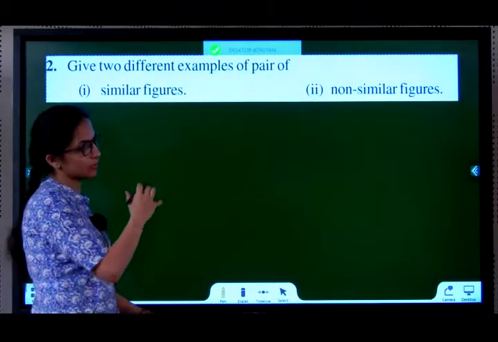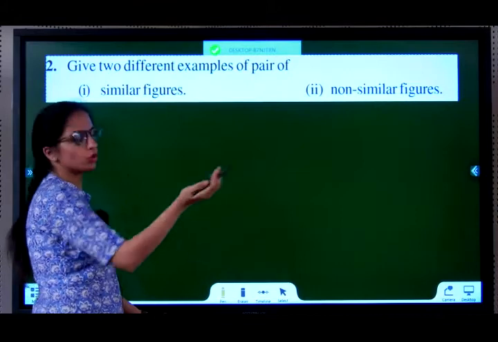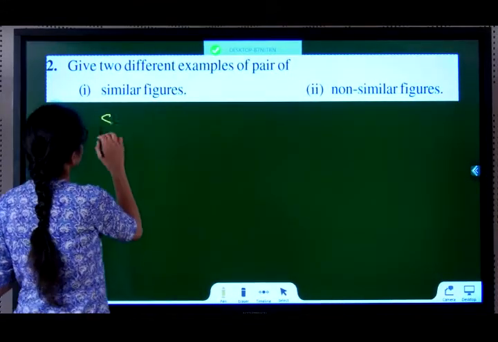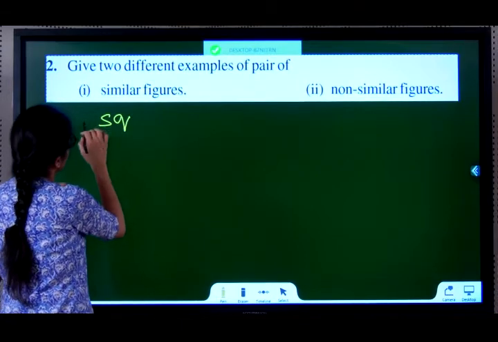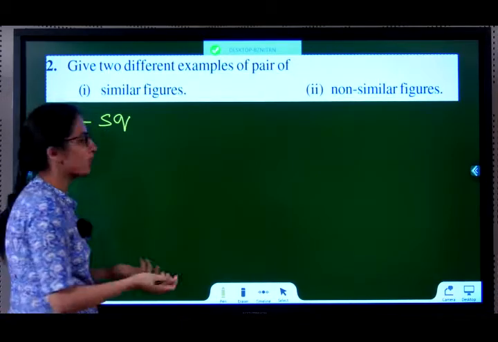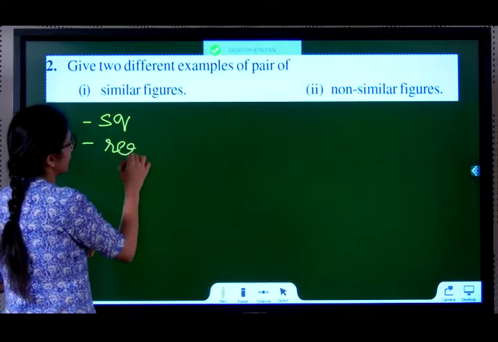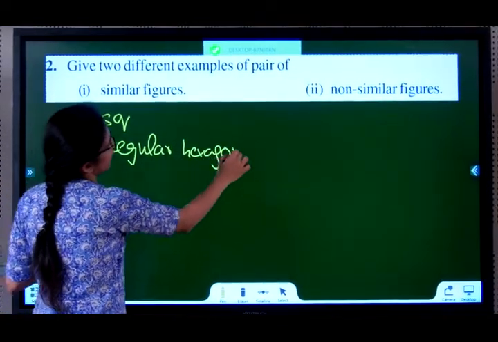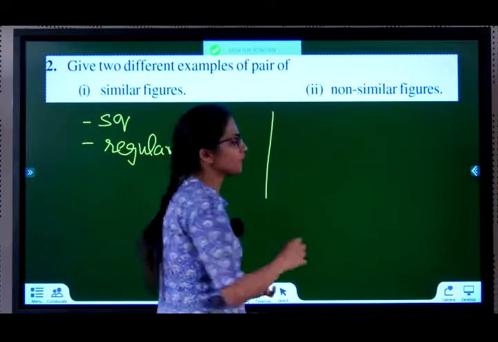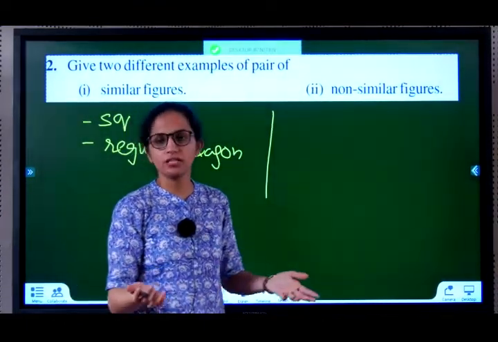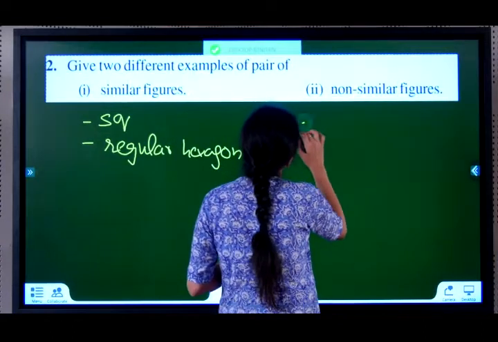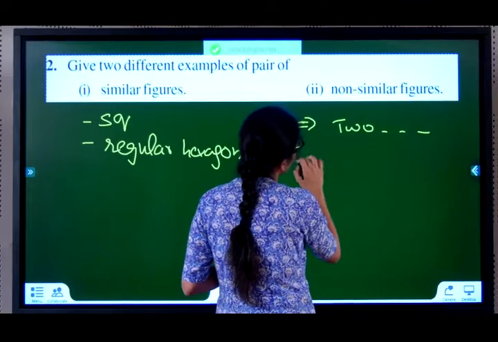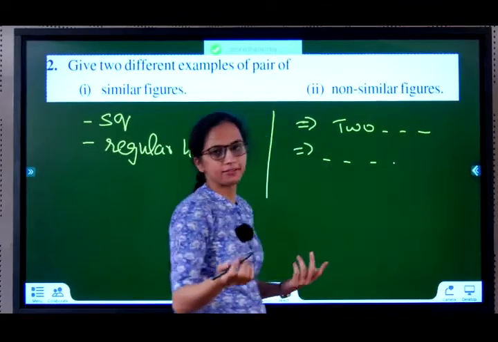We took squares, all squares same side, all squares are similar. Equilateral triangles, all their sides are same. So you can basically take anything. You can say squares, then equilateral triangles, or regular pentagon, regular hexagon, all their sides are equal. Non-similar figures, take any two figures that have different angles, there only the rule is violated. So you can say two triangles with different angles, two quadrilaterals with different angles.